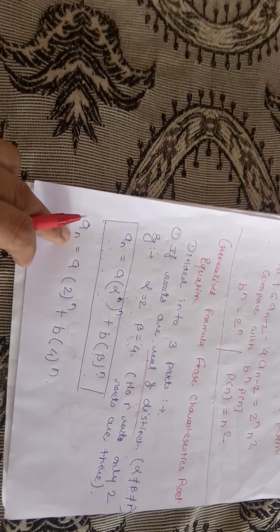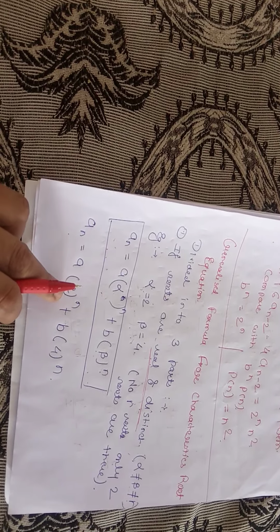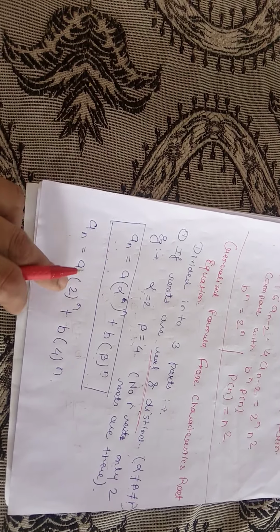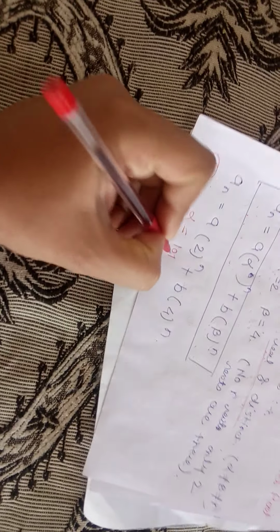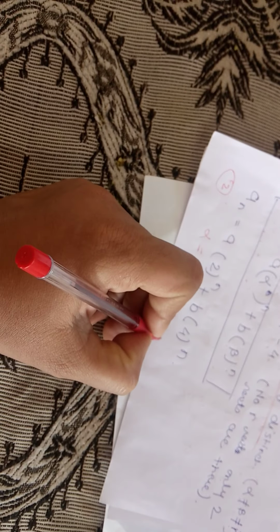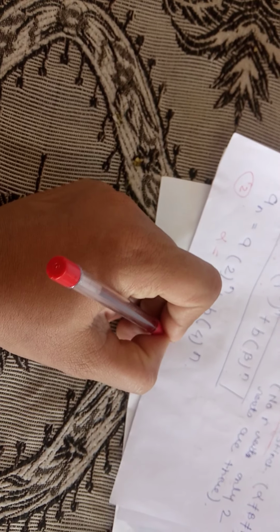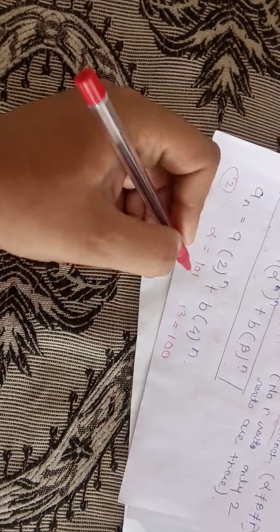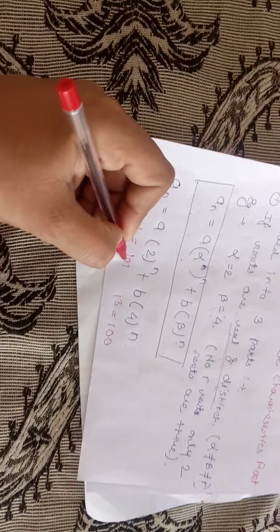So our resultant equation becomes a into 2 to the power n, where we put the value of alpha here and the value of beta here. For more clarity, let me take a second example: alpha is equal to 101 and beta is equal to 100. So are these values equal or not? No, these values are not equal. That's why we can take the generalized equation for these values like this.